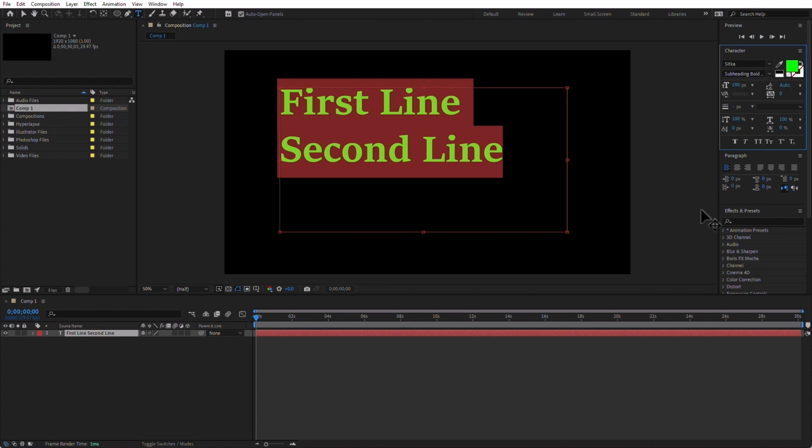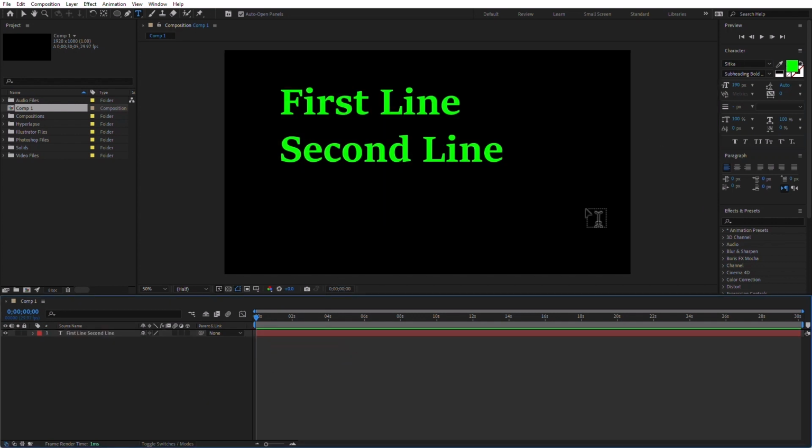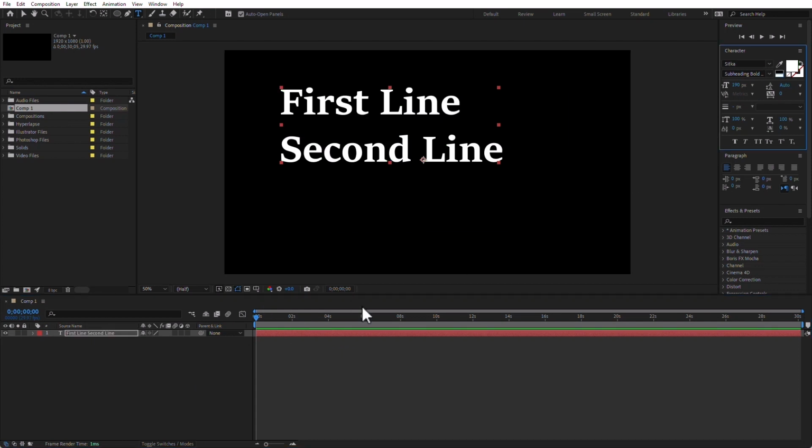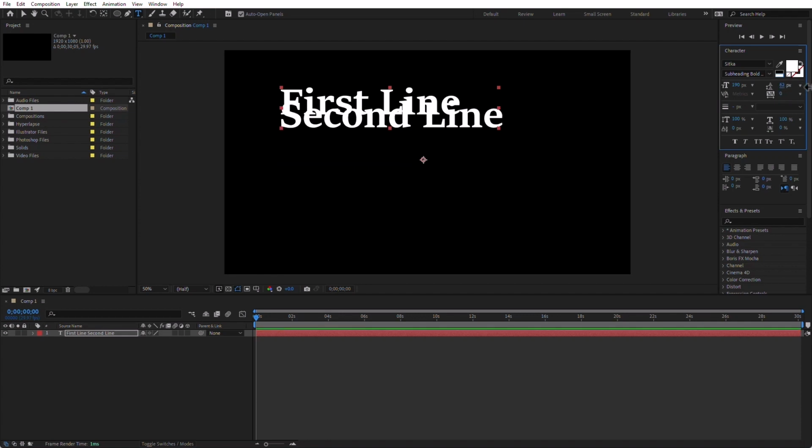All right, so I can change, I can add strokes and all of that good stuff. And in fact, even that green is hurting my eyes. So I'm just going to go back to white. All right, there you go. I can change font size. I can change leading. Leading is the distance in between the lines,